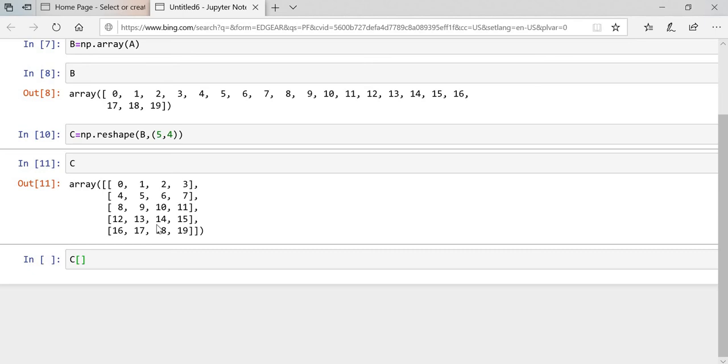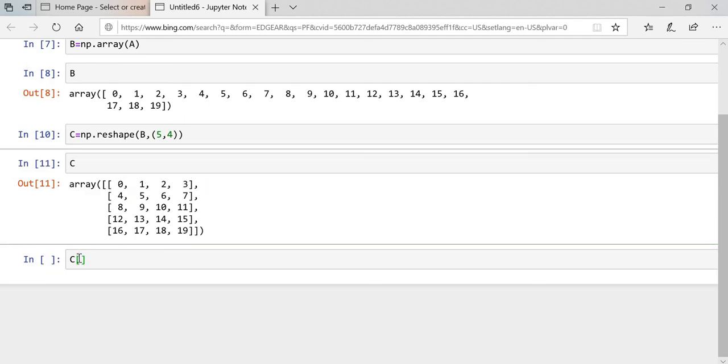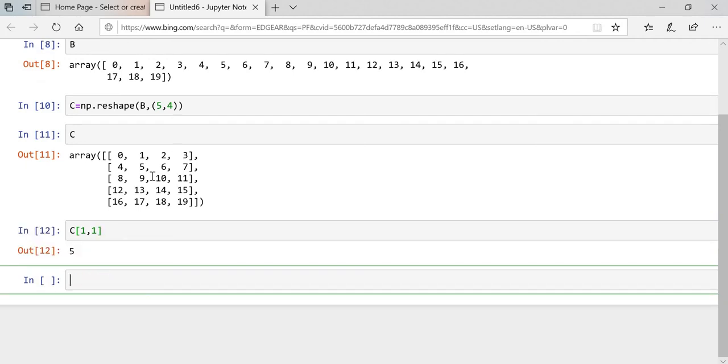First we have to give the row. In which row is this 5 coming? Give the index starting from 0, so we give 1 over here, then a comma, then the column, which is column 1. Once you execute, you will get 5.